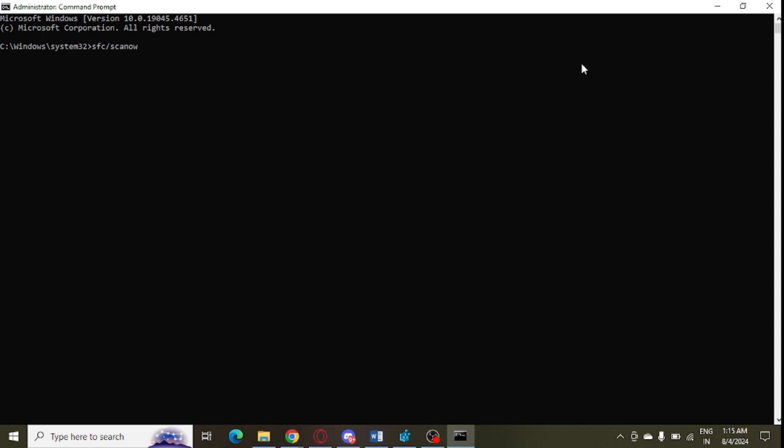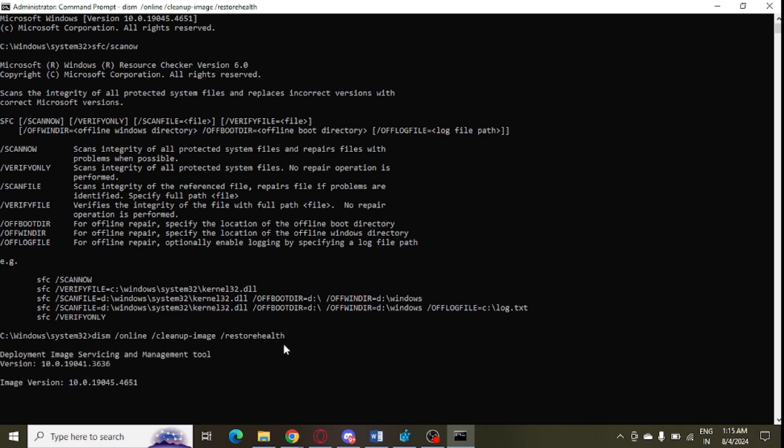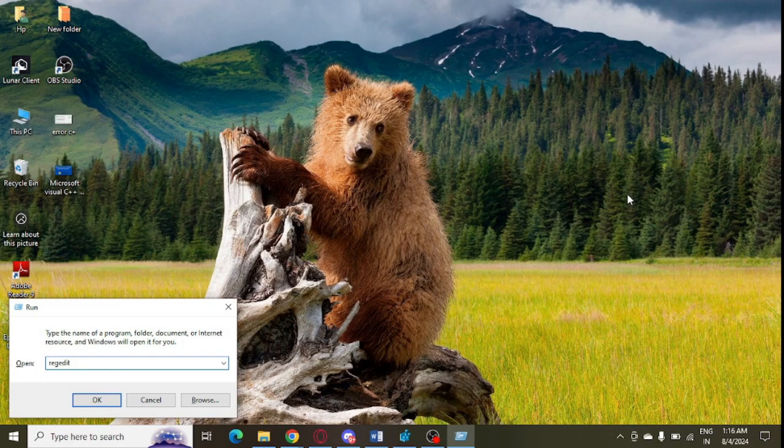So enter sfc /scannow and press enter. And the second command: DISM /online /cleanup-image /restorehealth, and just press enter and wait for this process to complete. After running all these commands, you need to press Windows and R, and you need to type in